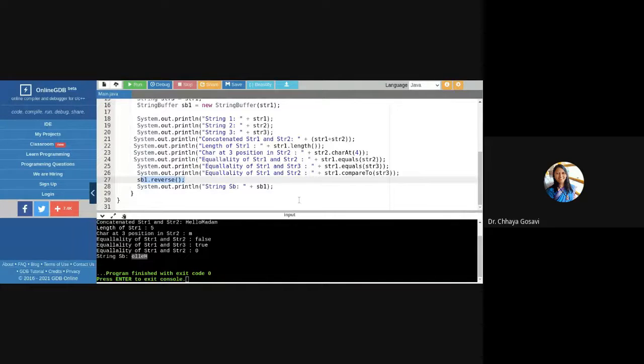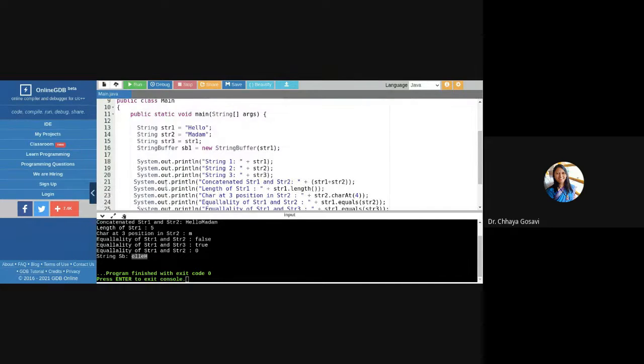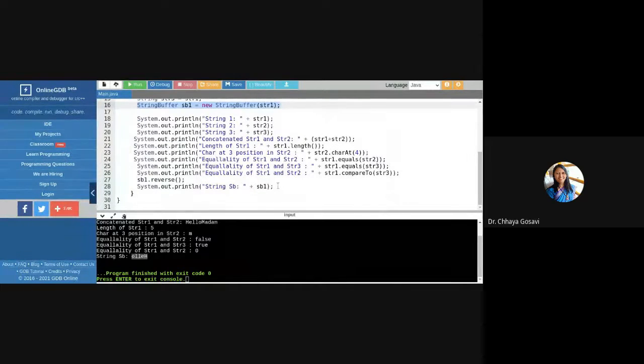When we reverse it, it will reverse the original string. So we need to copy the original string somewhere, and then we need to compare these two strings. Now we have a StringBuffer object.